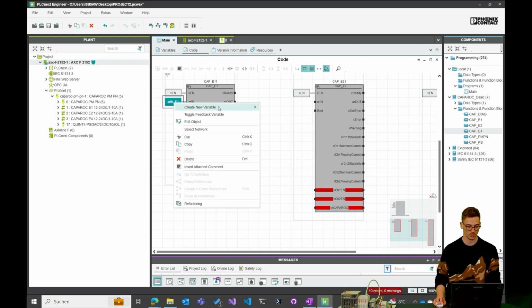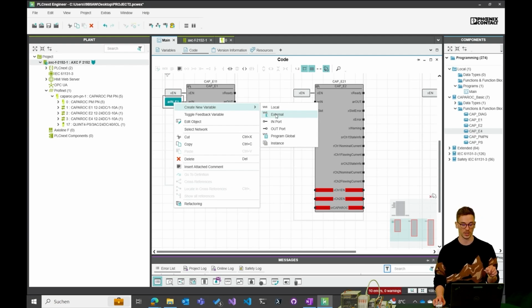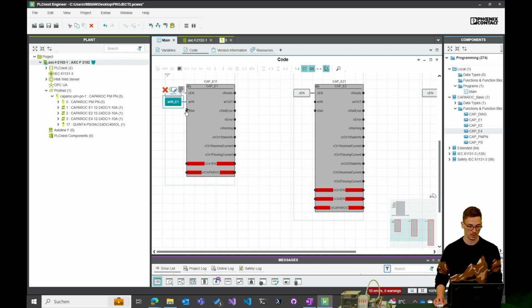We can also create a new variable here because we need to connect it to the process data item later. We can directly create an external variable here. We need to use a slot number. Because of the subslot of the E1, you can see it here as well on the left side, I chose 1 as a slot number here, so we can call it 1 islot E1.